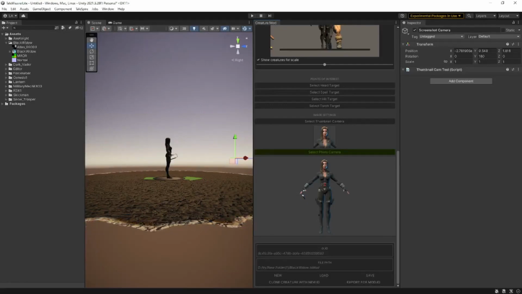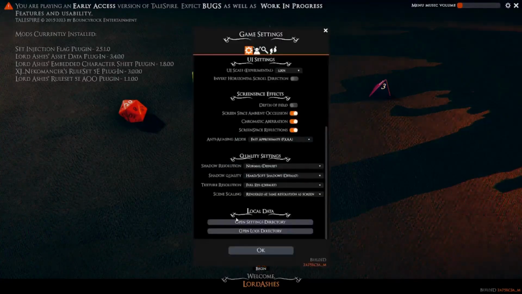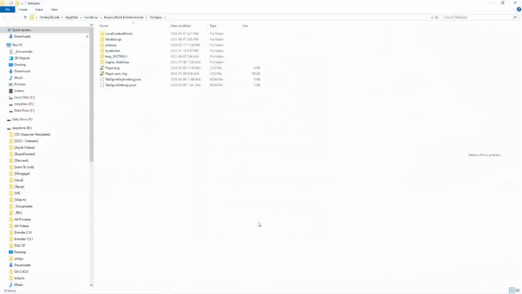Okay, so you've now saved it as a TS mod file. How do you use it in Talespire? Let's go through that. Okay, so here we are in Talespire. My Talespire has a bunch of mods loaded. You don't need to worry about that. This process works the same regardless of whether or not you have a modded Talespire or are using a completely regular vanilla Talespire. What you're going to want to do is go to the top right here to the settings wheel